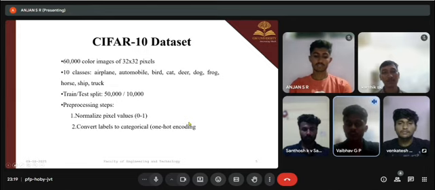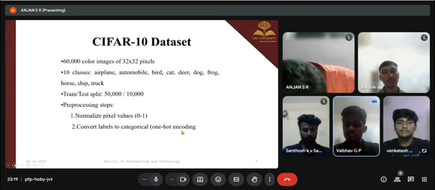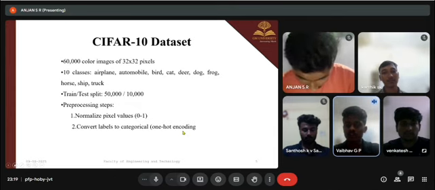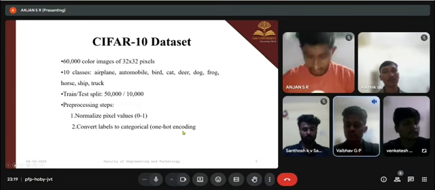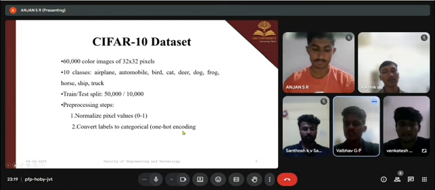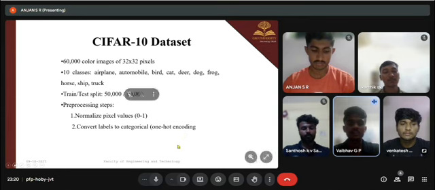Moving on to the dataset used for our experiment, the CIFAR-10 dataset. It is a widely used benchmark dataset for image classification tasks in deep learning. It contains 60,000 color images of size 32 by 32 pixels divided into 10 different classes. These 10 classes include common objects like airplanes, automobiles, birds, cats, dogs, frogs, horses, and so on. Out of the total dataset, 50,000 images are used for training and 10,000 for testing, which helps in